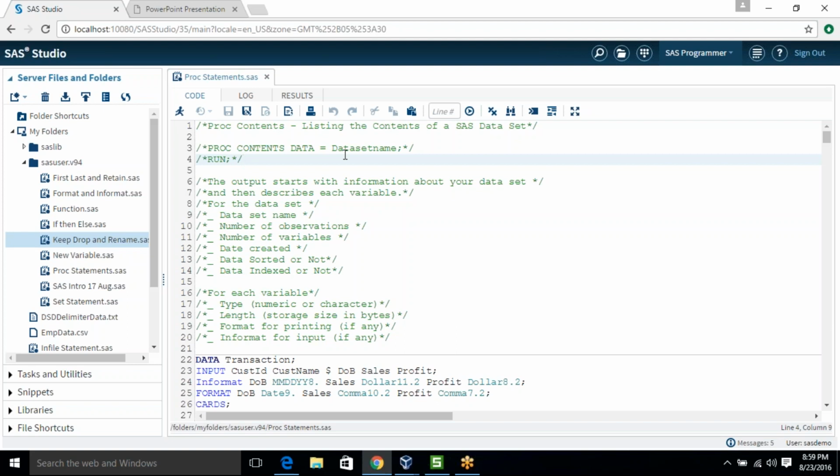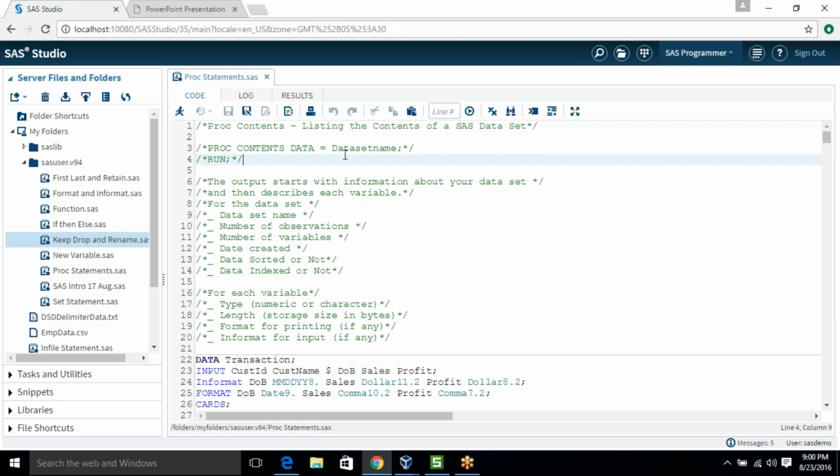Okay, so the first thing is proc contents. Proc contents just gives the properties of your SAS data set. Basically what happens is, when you are working with a client, sometimes they directly give the data in the form of a SAS data set itself.